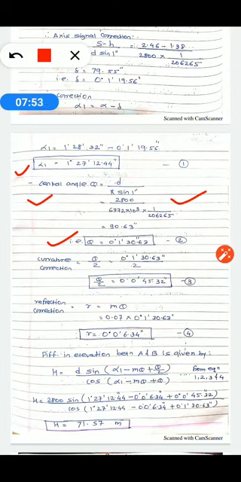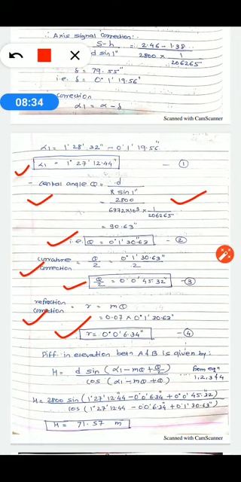Okay. Now next, find the curvature correction. Curvature correction is nothing but your value of theta by 2. Just divide the angle theta by 2, and you get theta by 2, that is 0 degree 0 minute 45.32 second. Okay. Next step is to find the refraction correction. What is the formula for refraction correction? R is equal to m theta. The value of m is given as 0.07, and the theta value we calculated in the previous step is 0 degree 1 minute 30.63 second. Put that value and you will get the value of R, meaning the refraction correction.